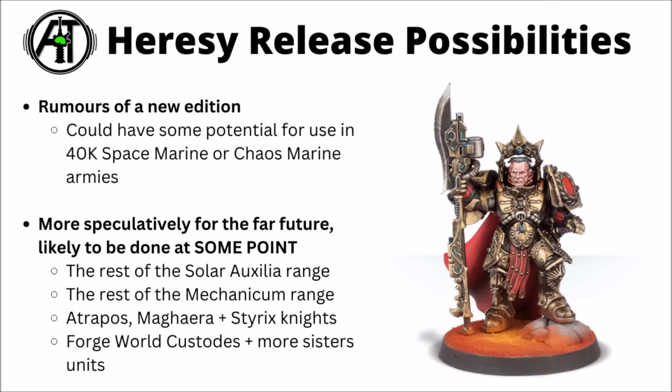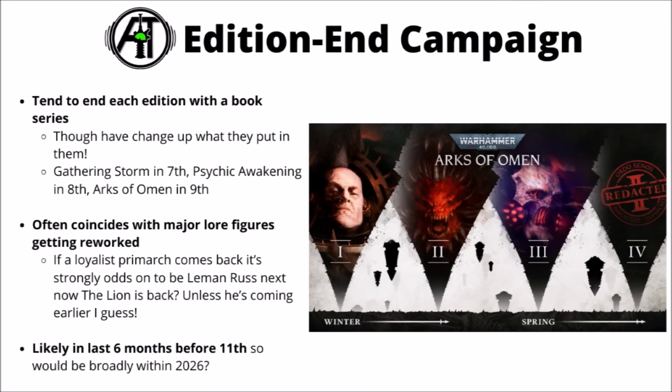Versus the Forge World range being quite so expensive. Otherwise, beyond other game system releases, after the Codex launch schedule, there's likely to be the End of Edition campaign. This one's taken various forms over the past few editions, the Fall of Cadia sequence in 7th, then Psychic Awakening in 8th, and Arcs of Omen with the Boarding Actions expansion in 9th, usually a good time for a bunch